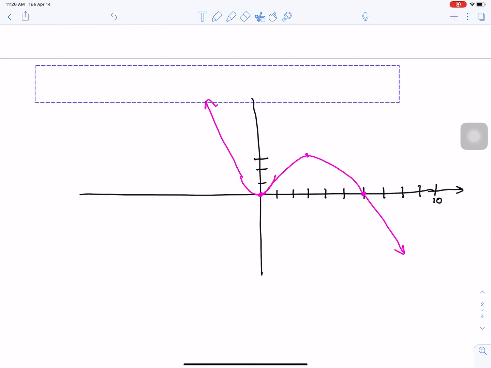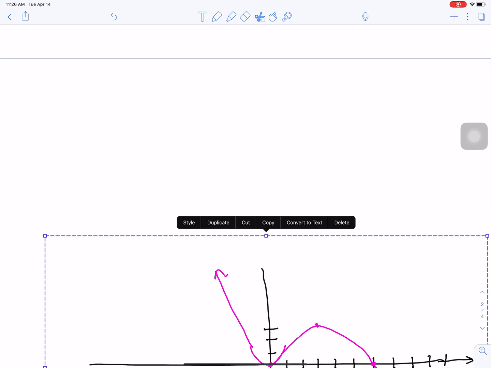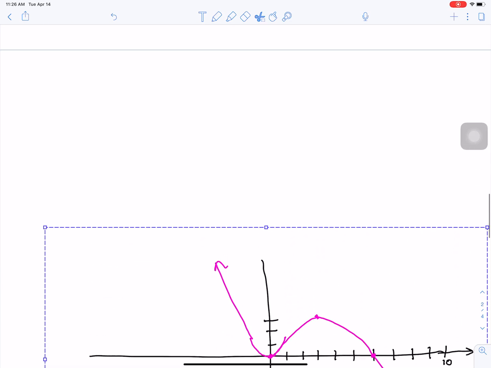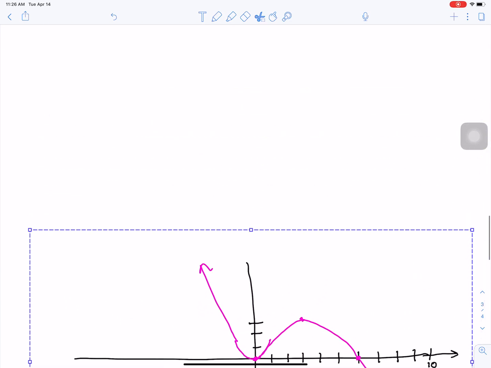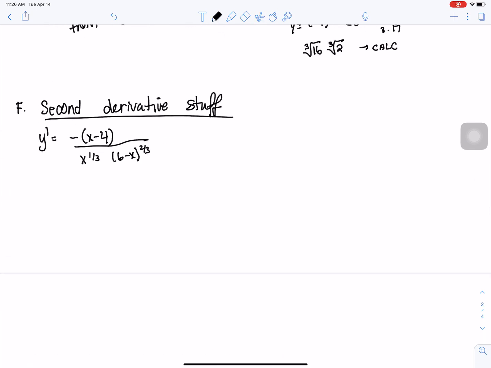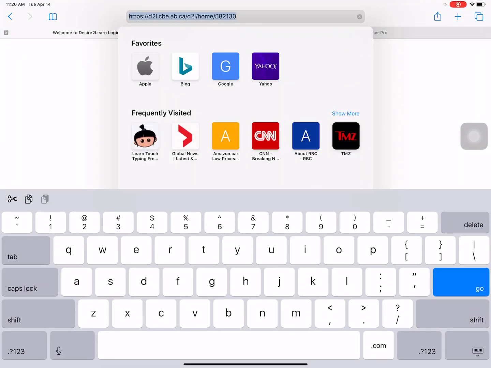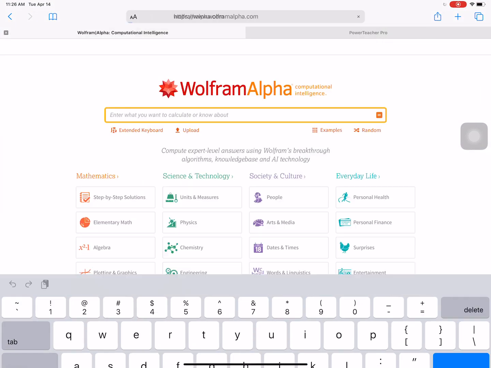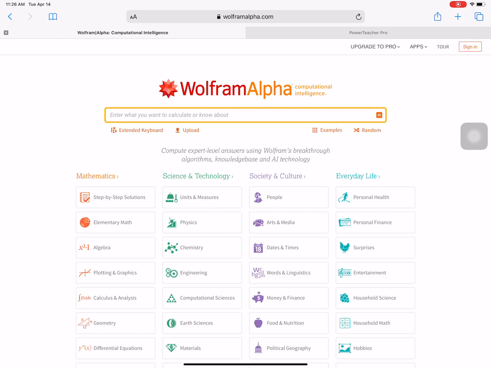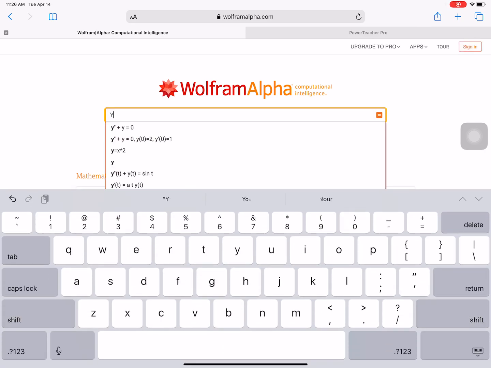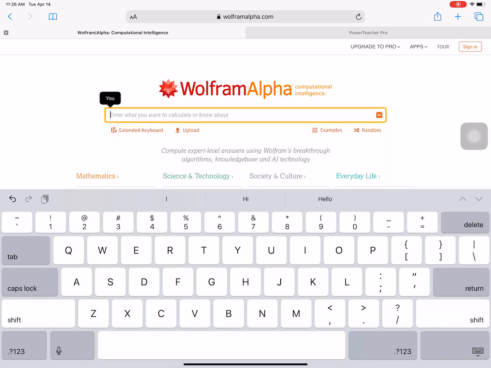I'm going to move this graph down now so that we have lots of space to work. Now what I'm going to do is let you work out this derivative, and I'm going to show you how to find the second derivative kind of easily. So as you're working, you know how to check your work. Okay, so we're going to go to the internet. We're going to go to Wolfram Alpha, and it's going to help us make sure that we do our second derivative correctly. So we're going to type in our first derivative as a function,